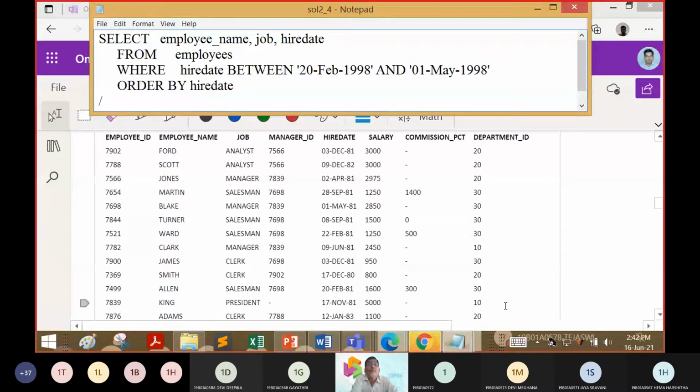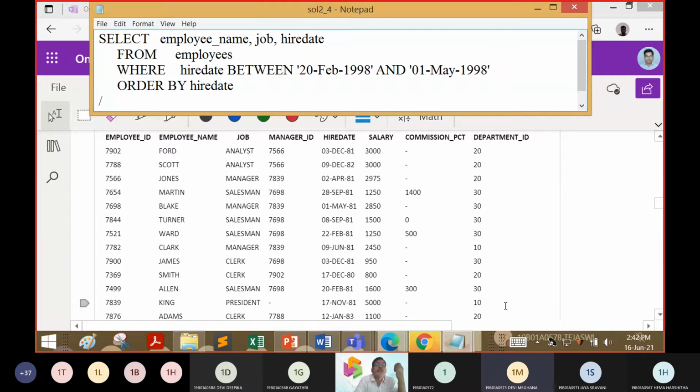Select employee name, job, hire date from employees where hire date is between 20 February 1998 and 1st May 1998, order by hire date. How many clauses are available here?